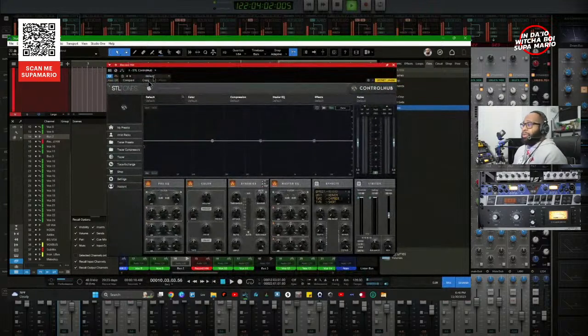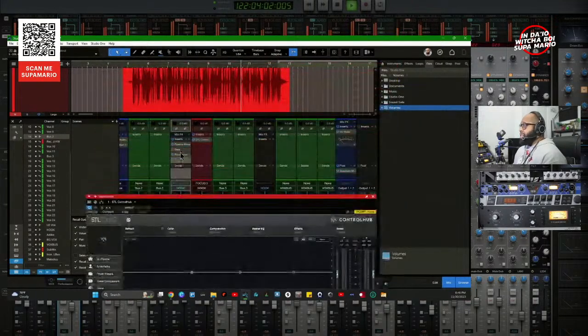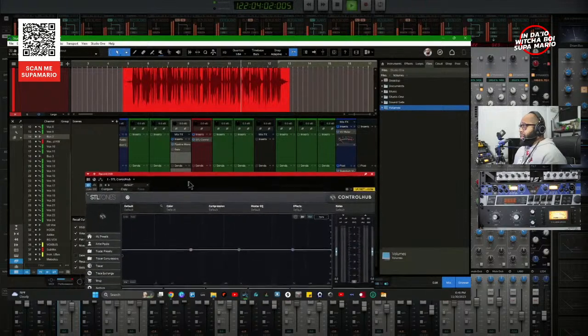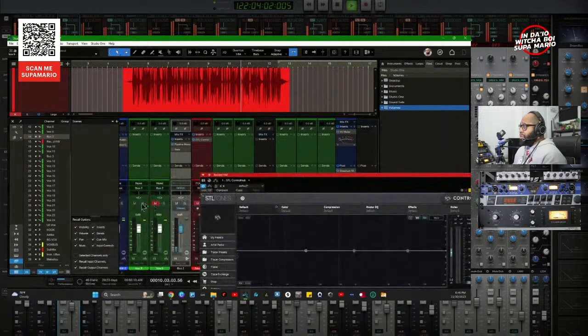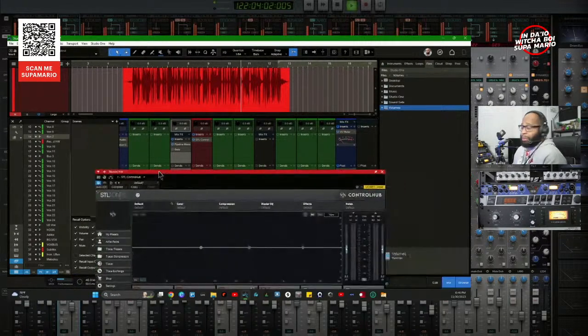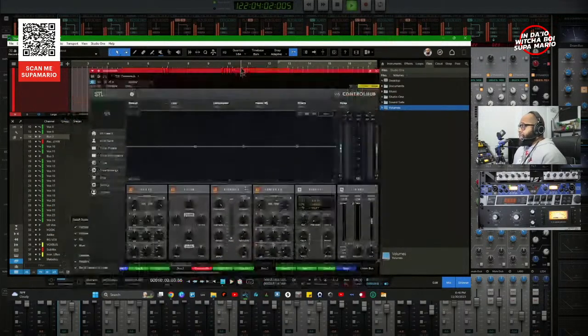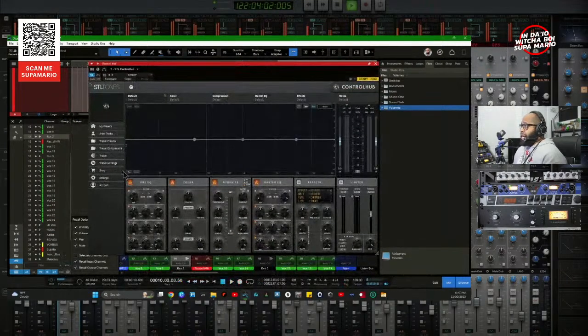So how do you do that? Well, it's really, really easy, folks. All right, let's go ahead and get rid of that plugin out of there. And we're gonna go ahead and mute those green tracks. That was just for example, by the way. Now, what we're gonna do is basically tell STL Tones Control Hub, hey, I want to